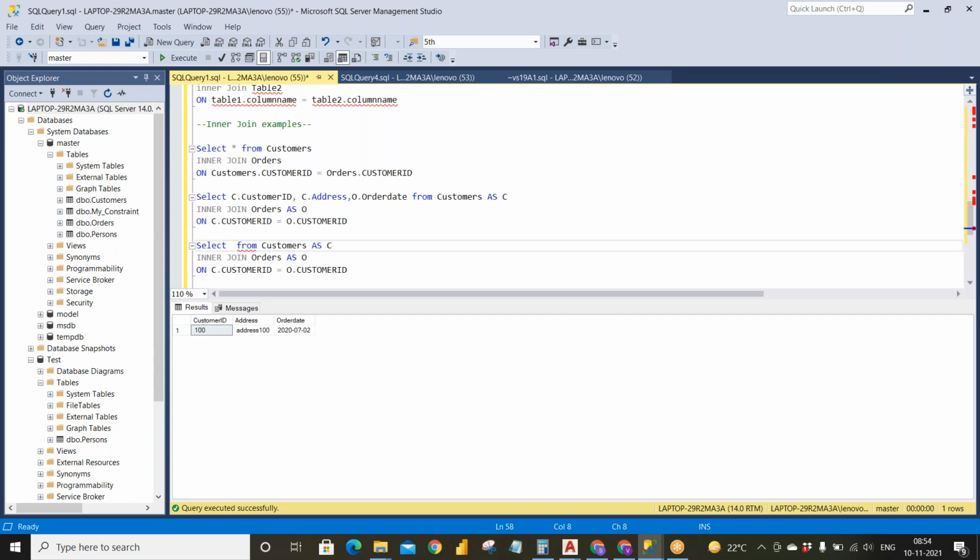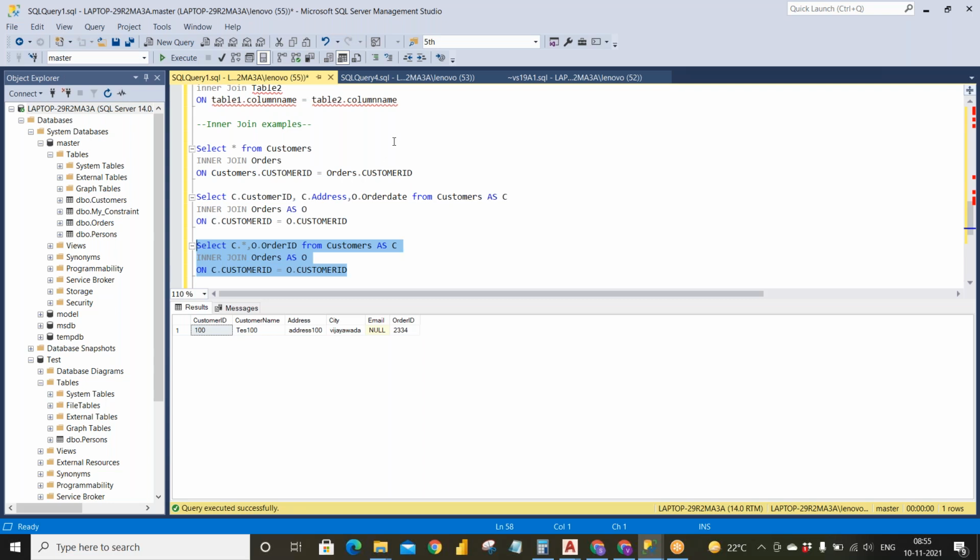So I want to get all the data from the customers table, right? Then I will mention C dot star. That means it will get all the data from the customers table. And now I want to get only the order ID from the orders table. So I'll specify order ID only. Okay. If you are seeing, customer ID, customer name, address, city, email, all the columns from the customers table and one particular column from the orders table. So in this way, you can simplify as per your requirement.